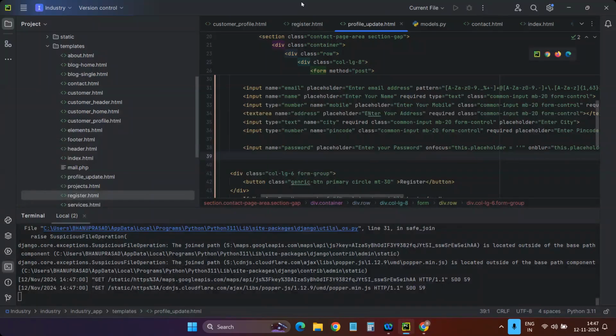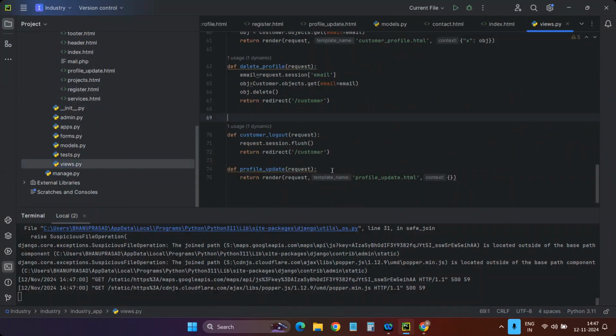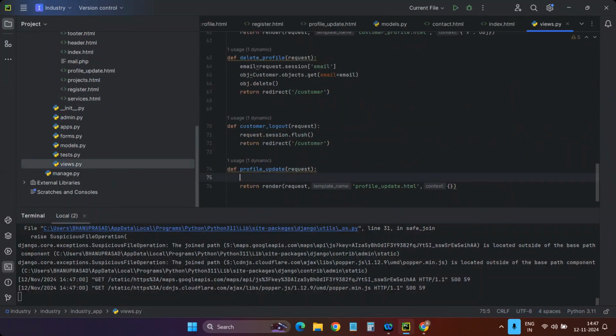To get the data from the backend, you have to get the data here. Object equal to, first I have to take session. From that session I want to get the email, right? In the session I will get the email. From that email I want to get that row data. Okay,